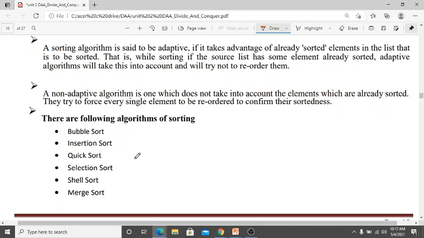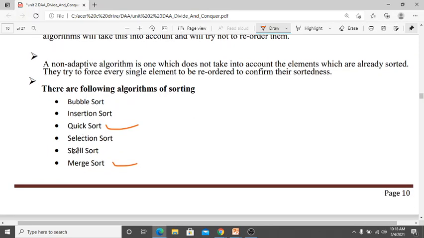These all are sorting techniques, but you have merge sort and quick sort in your syllabus. Rest of this is not in your syllabus. So whatever the sorting techniques as per your syllabus, we are going to see that. Okay, quick sort and merge sort.